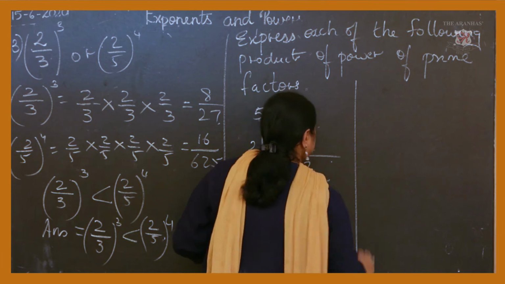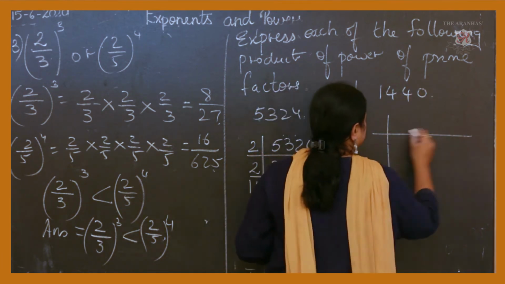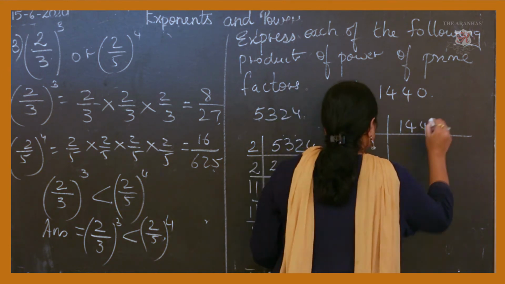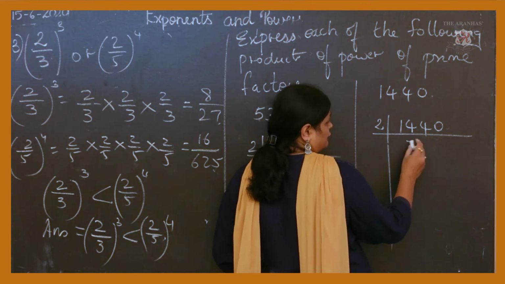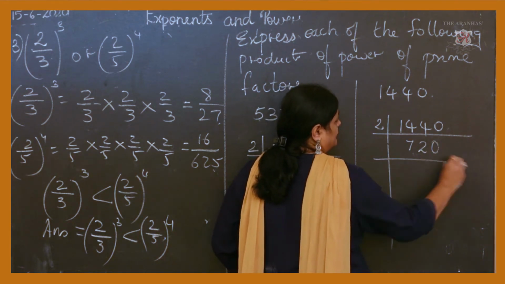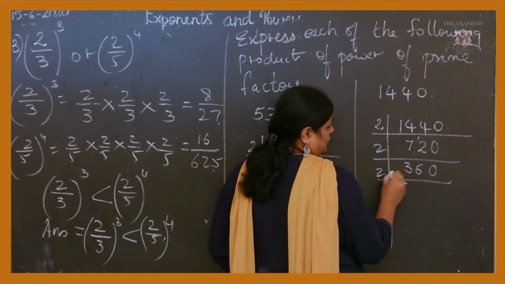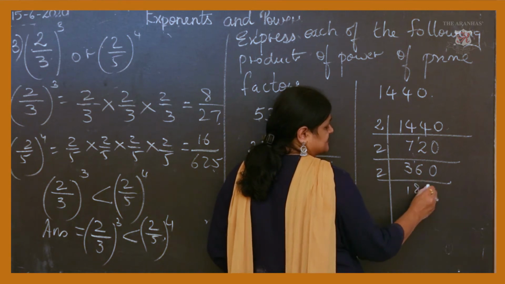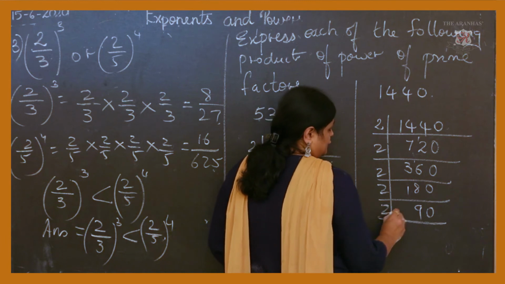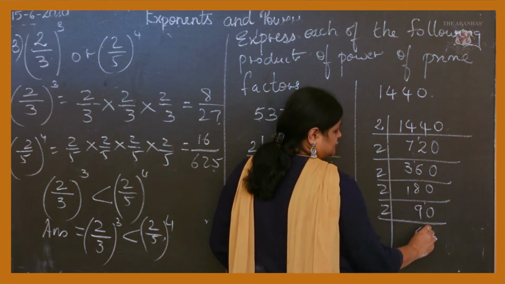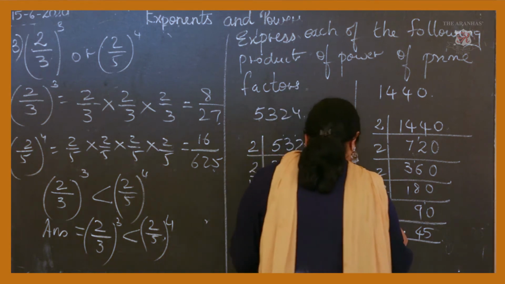Next, I'll take, suppose, 1440. That means when you are taking 1440, you start multiplying by 2. 2 sevens are 14, 2 twos are 4, 0, 2 threes are 6, 2 sixes are 12, 0, 2 ones are 2, 2 eights are 16, 0, 2 nines are 18, 0, 2 fours are 8, 2 fives are 10. Okay, then you have got